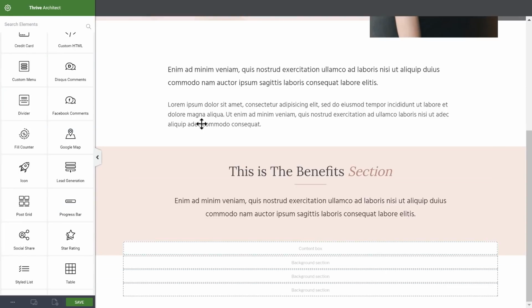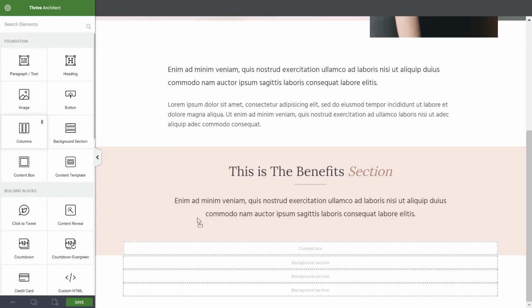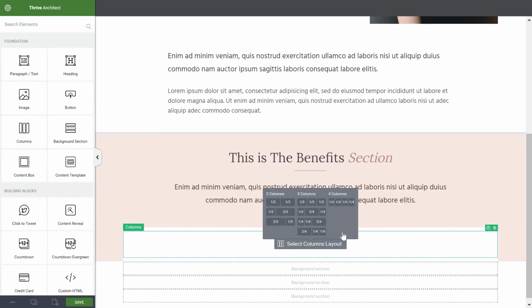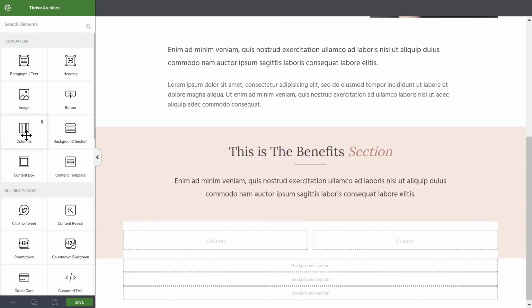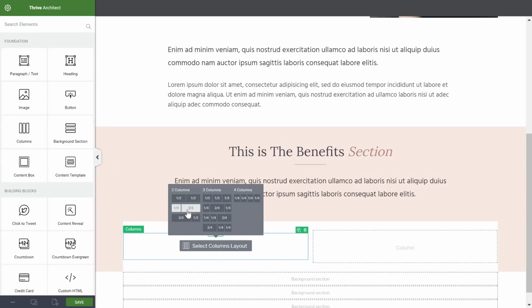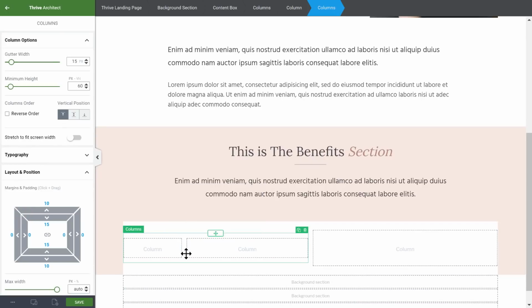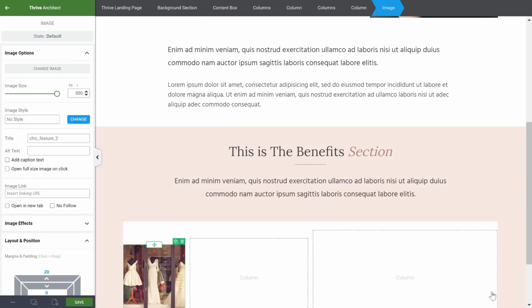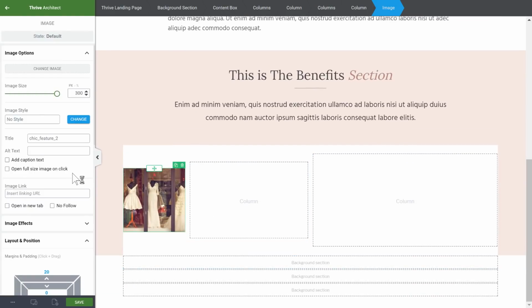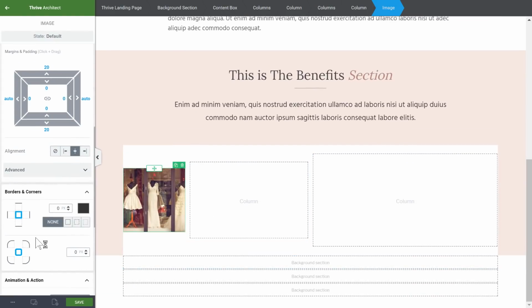What I want to have in here right away, I'll start with some layouts. I want to have 2 columns. And inside each of these, I want to have another 2 columns. Something like this. Probably move this over a little bit. Okay, and here, so the layout we'll have here is image. In here, this is our first image. This image will be, I'll give it rounded corners